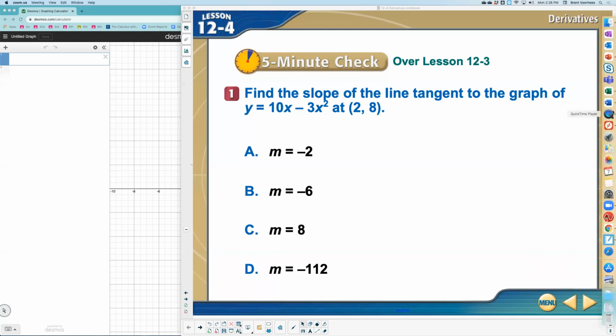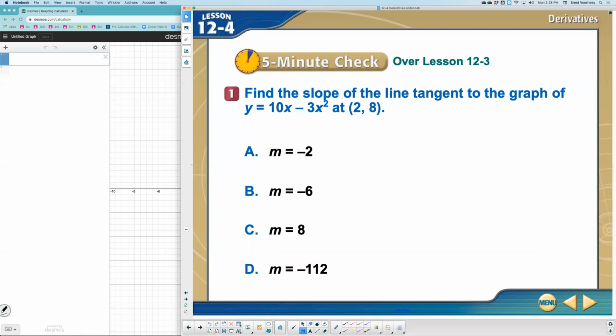And so we came up with this formula saying we can find the slope of the tangent line by using a limit. I'm going to change this y to an f of x just momentarily. By using the formula that the limit as h approaches 0 of f of x plus h, minus f of x, divided by h, this limit could give us the slope of the tangent line